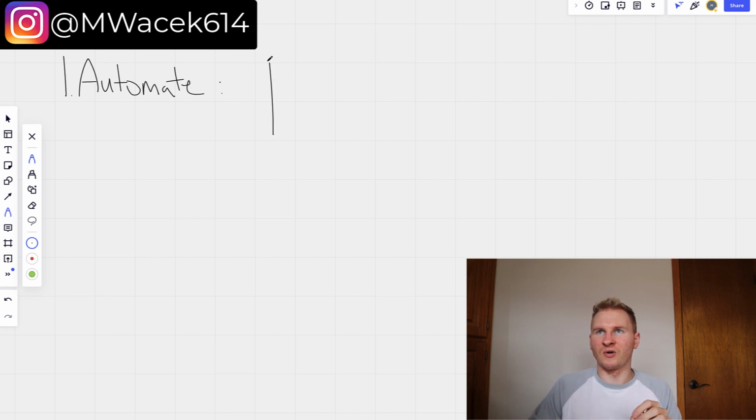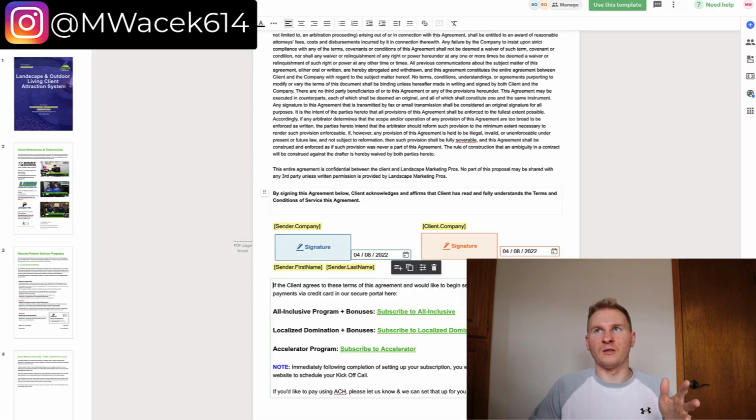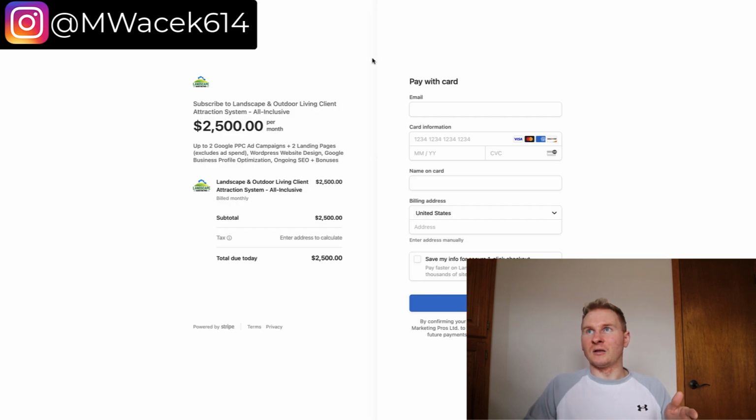So I'm just going to give you a quick rundown on what we do here at my agency. We have PandaDoc for the proposal, which has a list of the service programs and what's all included, and then the terms of the agreement. And then down here at the very bottom, they sign digitally, and then they select whichever program they're going to do. So let's say they're going to do the all-inclusive program, and when they click that link, it is going